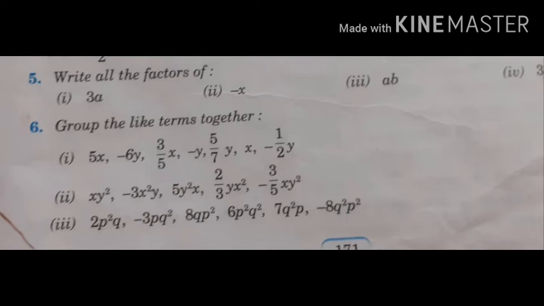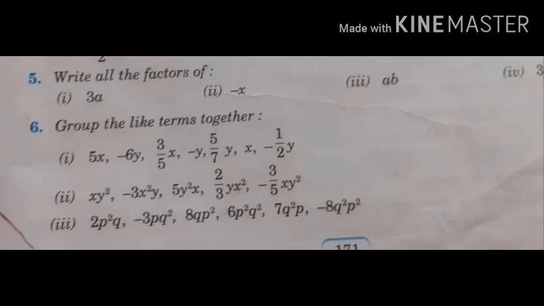Our next question is to find the factors of the given algebraic expression. We have 3a. So 3 when multiplied by a gives 3a. The factors work just as you find the factors of any numeral or number. Like if I asked you to find the factors of 15, you take out the factors by the method of factorization, and you will say 3, 5, 1 are the factors of 15. Here we use a similar method, but the presentation varies because the variables are also attached with the numbers. So 3 when multiplied by a gives you 3a. So 3 and a both are the factors of 3a.